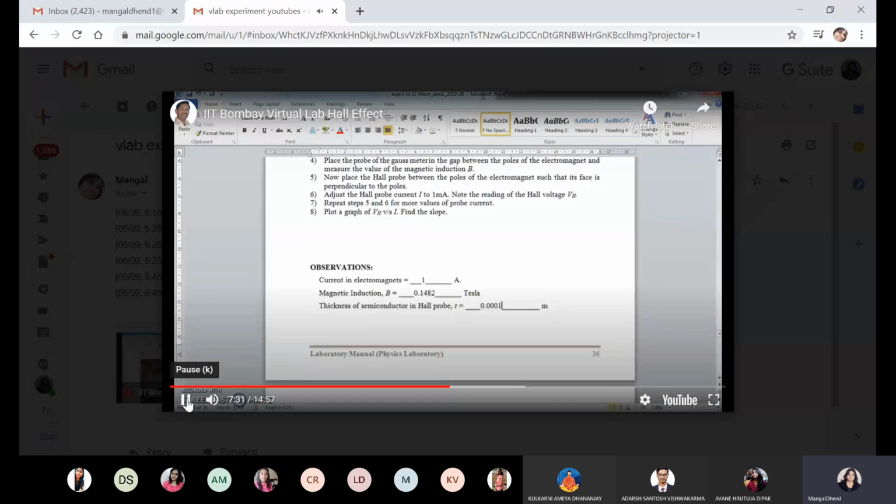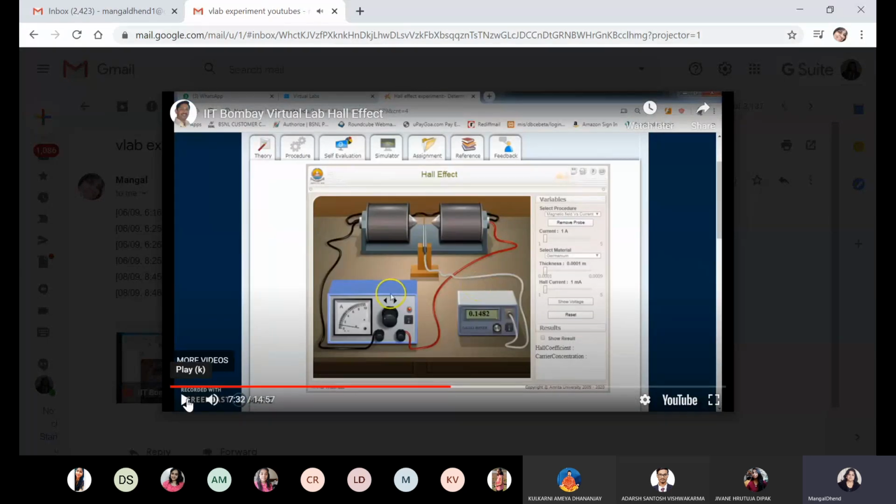Now the next part is, here this is called a Gauss meter, but they have written in the observation table, this is flux density, directly flux density, 0.1482 Tesla. So now this meter has measured in